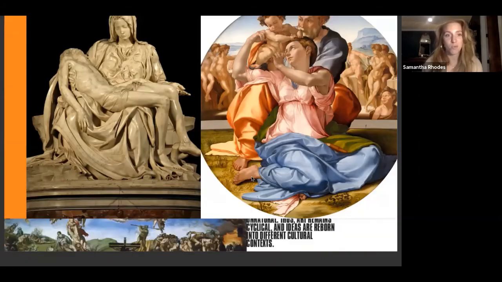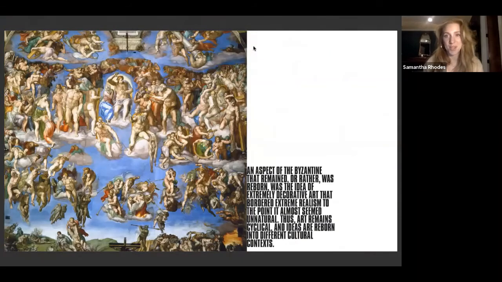So these are very important distinctions between the Renaissance and the Byzantine. Like I said, an aspect that remained was this idea of extremely decorative art that bordered on the extreme, realism to the point that it almost seemed unnatural. Thus, art remains, like I said, cyclical, and the ideas are reborn into different cultural contexts. And so this is, of course,